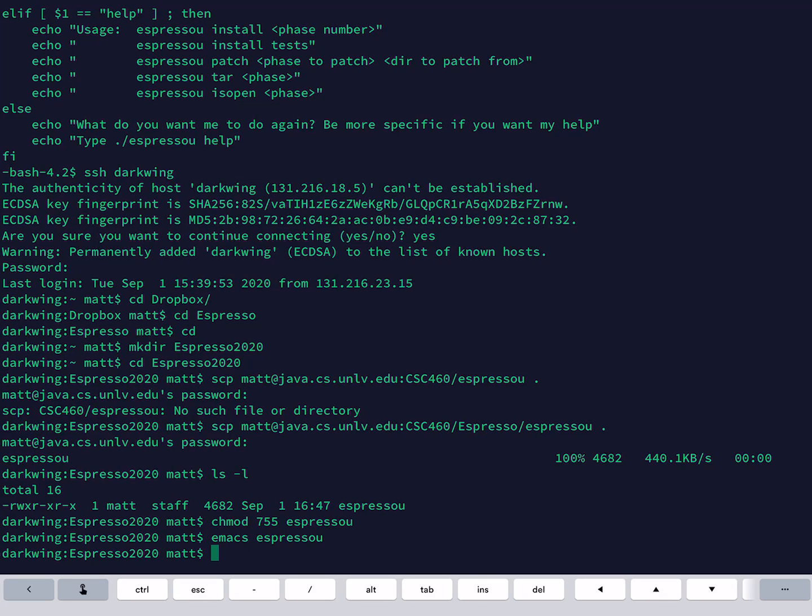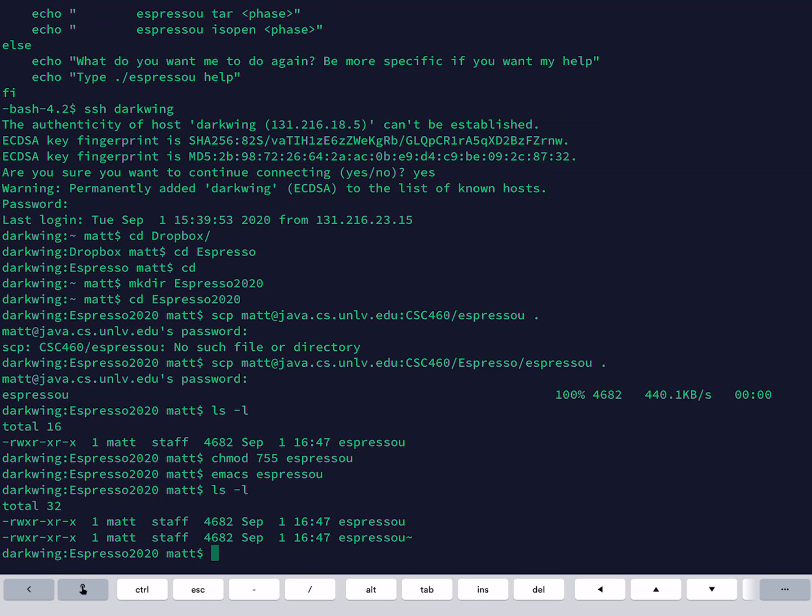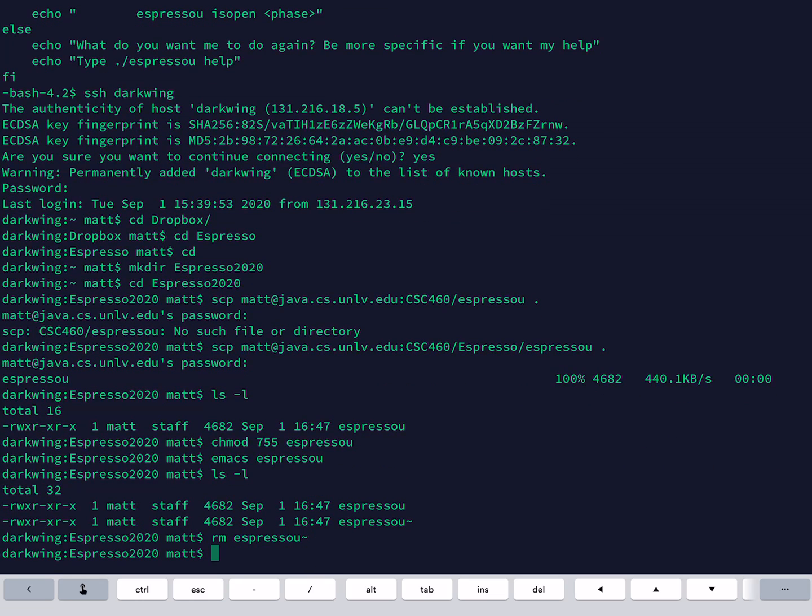Anyways, so now we have a backup here which we can delete. Be careful when you delete tilde files. Back in the day when the tilde was above the enter, and I tried to delete all my tilde files by saying rm star tilde and hit the enter before I hit the tilde, I lost all my files. Yeah, that sucked. That was the night before something was due in my architecture course back in 1992. So there's anecdotes from the previous century.